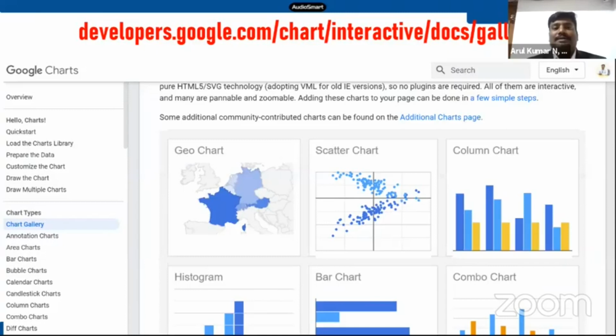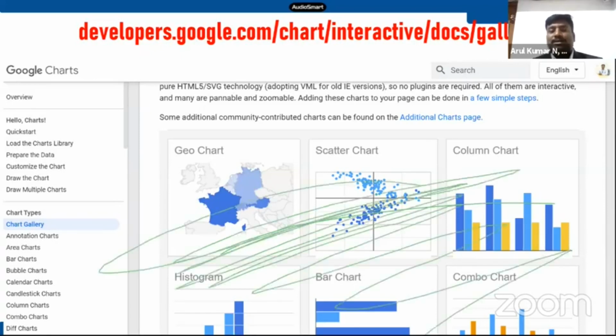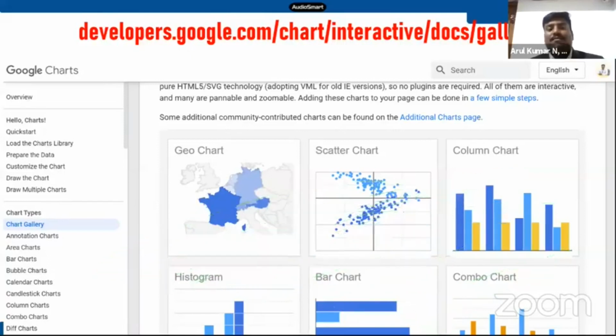And next, this is a website given by Google where we can create different graphs online. It is not a part of google.com. It is available online at free of cost. You can go to developers.google.com. If you want to display some charts or images in different formats to the student, you can use this Google tool.